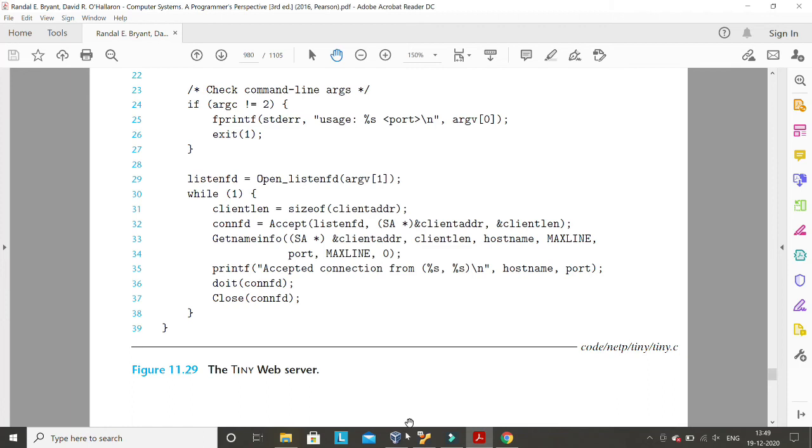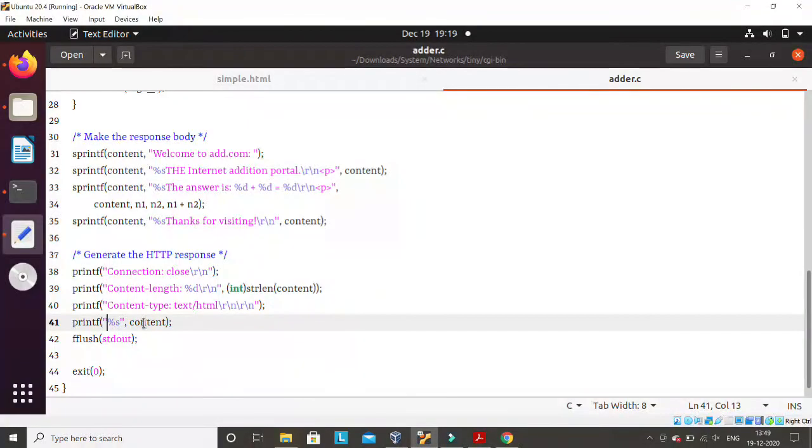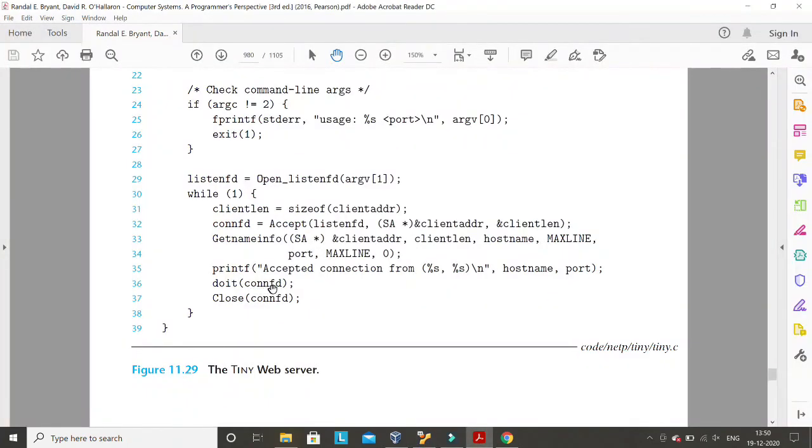But now if we see the code here, the code is printing in the standard output of the server. So how will it send the response? Instead of this, if we somehow use this dup2 function such that instead of printing to the file descriptor stdout, we forward it to this descriptor, connection fd, then what will happen? You are writing printf to print in the standard output, but it will not print in the standard output. It will write to this descriptor, and writing to this descriptor means it will go to the client side.